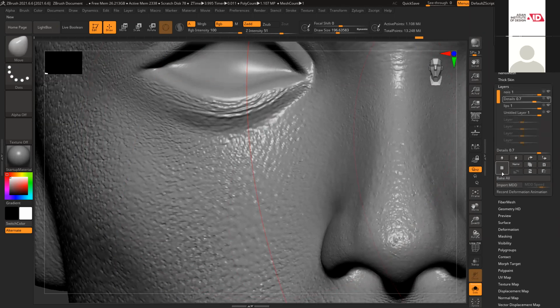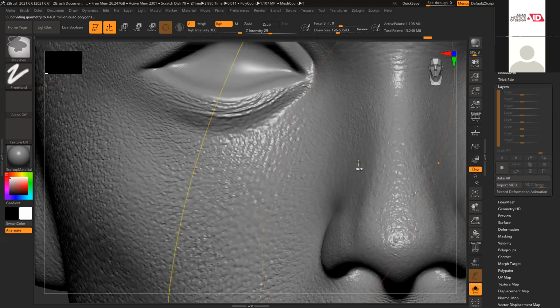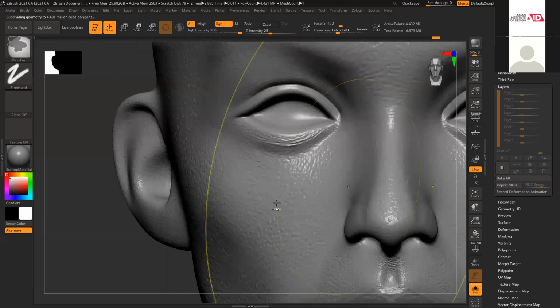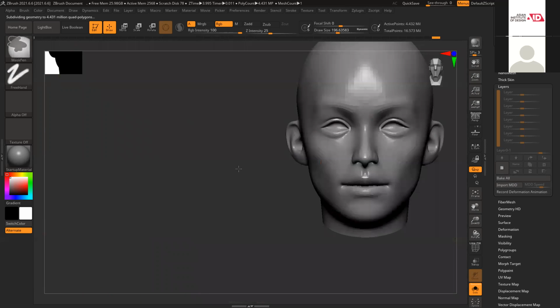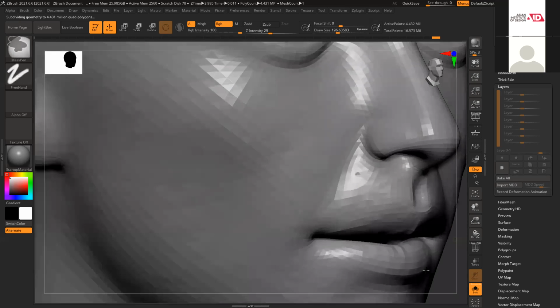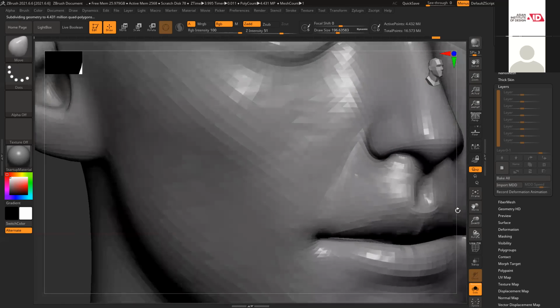So my idea is I'll bake everything, bake all. Now it has become part of this geometry. There are no layers anymore. I deleted everything. Now I want to increase the polygons, because in whichever state you have applied a layer, you cannot increase or reduce the poly count. So I want to increase my poly count. I press Control D, subdivide. You can see it makes all the polygons pretty smooth and clean everywhere.